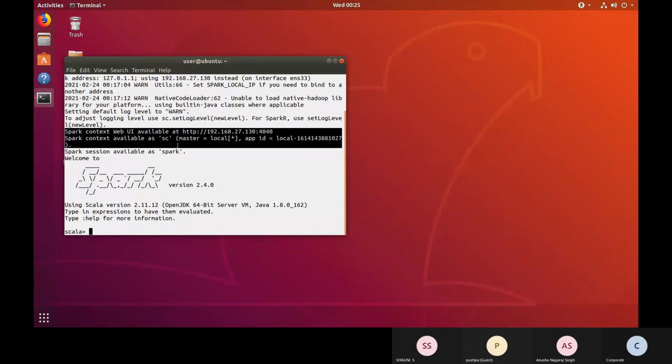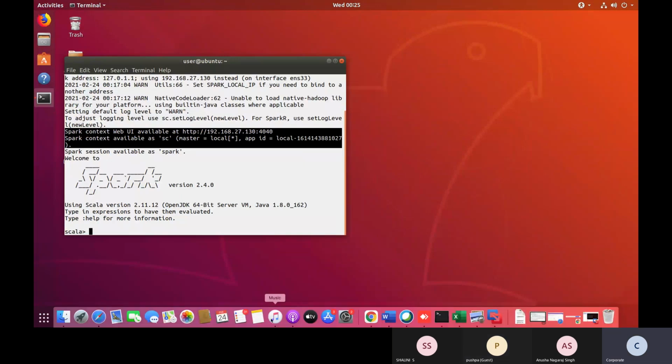Clear? Okay, write quick notes for your RDD and your Spark context.